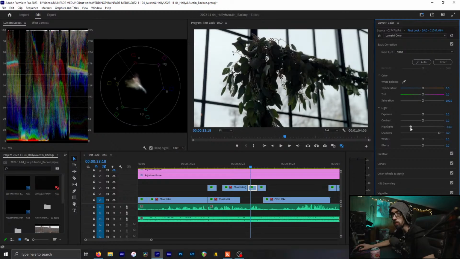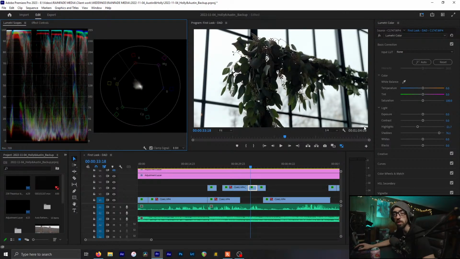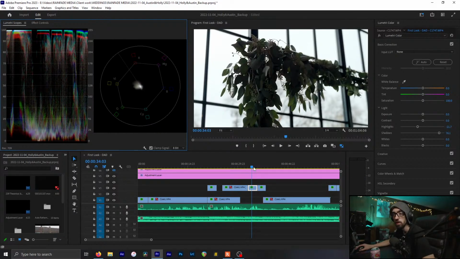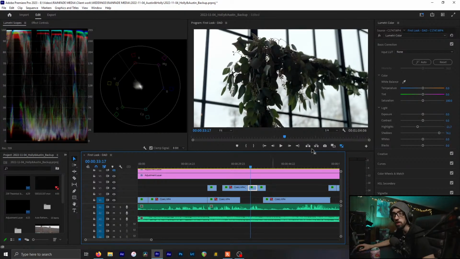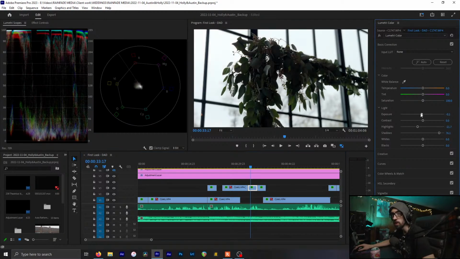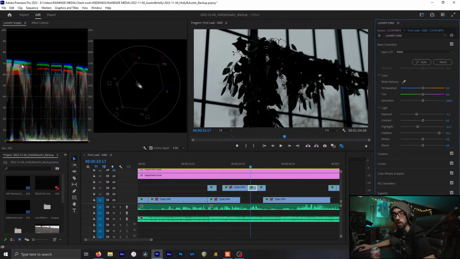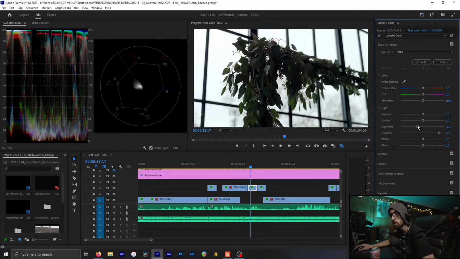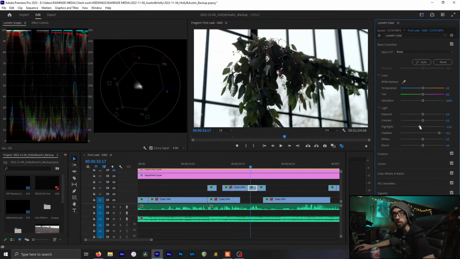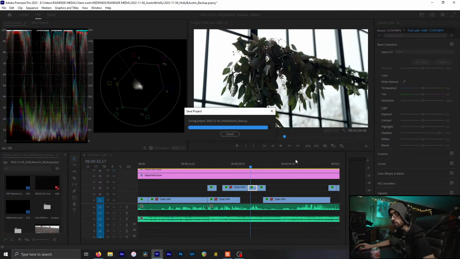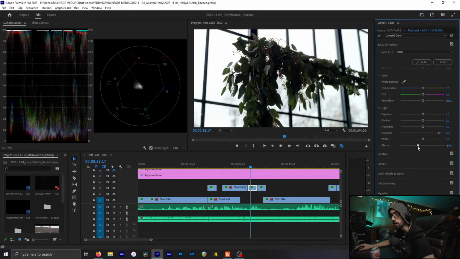And then bring down these highlights just a hair, but just because the windows are already clipped, I'm not going to worry too much about trying to maintain detail outside the windows. In fact, I'm just going to keep it as